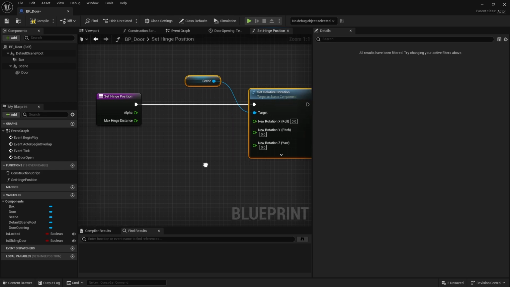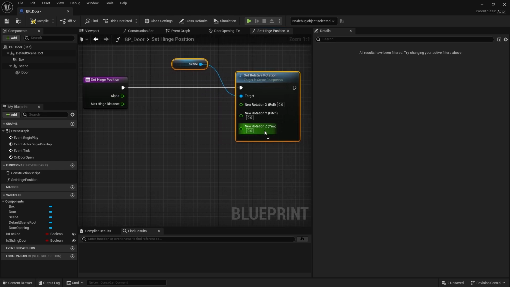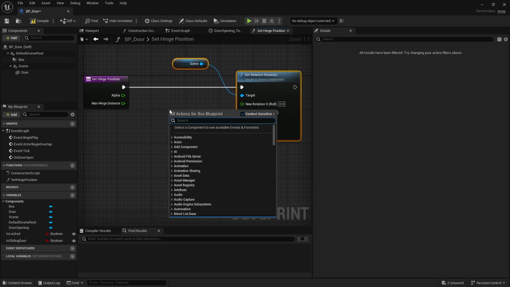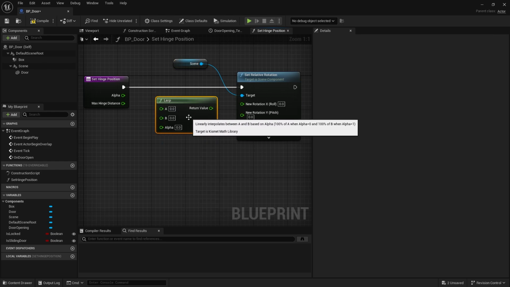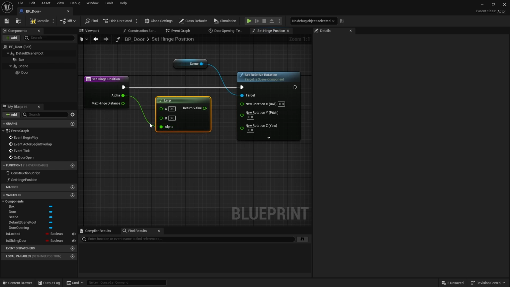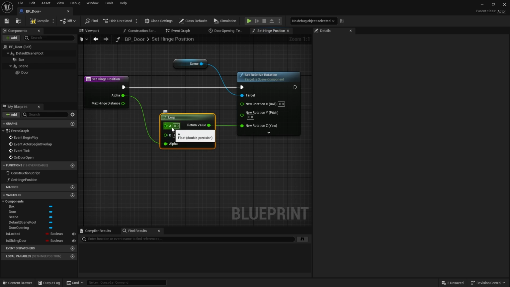And what this is going to do is we're going to use the alpha here to determine the value for the yaw. So here we're going to use something called a lerp. Lerp will take the alpha into the alpha pin, and the return value will now go into the yaw value. And in lerp, we've got A and B. Now, what this does is that alpha determines how close it is to A and how close it is to